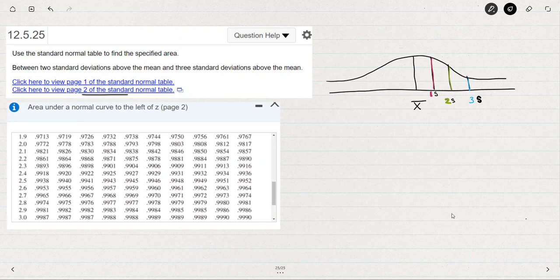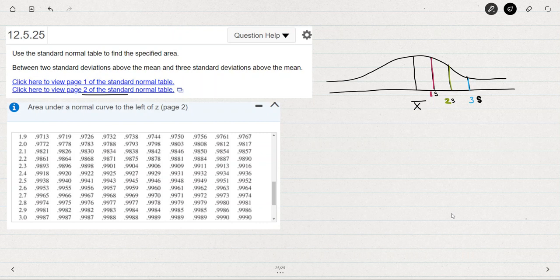This homework question came to me from a student. It comes from section 12.5, the standard normal curve or distribution. And here's the problem. Use the standard normal table to find the specified area. The specified area for this example is between 2 standard deviations above the mean and 3 standard deviations above